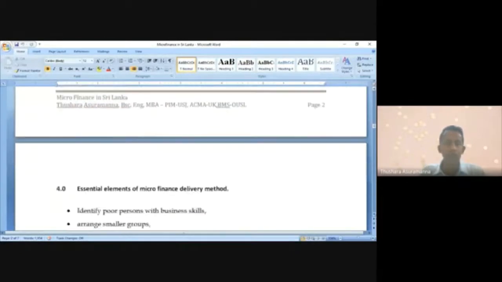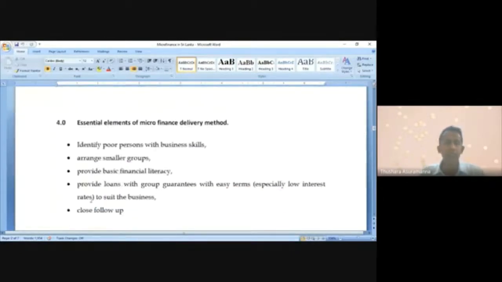Then there were questions to these items. Essential elements on microfinancing. Basically, when you are doing a microfinancing business, you are trying to do some key elements in any model, whatever you do, whether it's Grameen, self-help, or joint liability. When you are trying to undertake this methodology, this financing, then you basically try